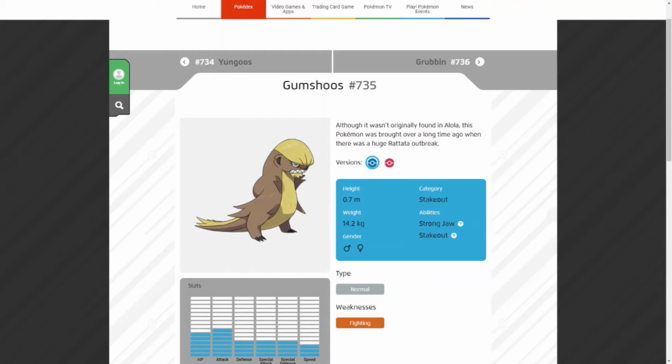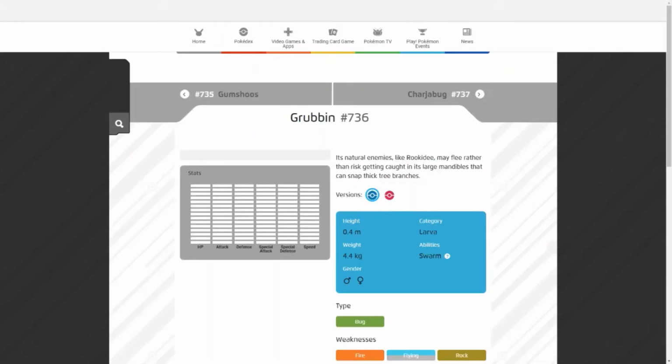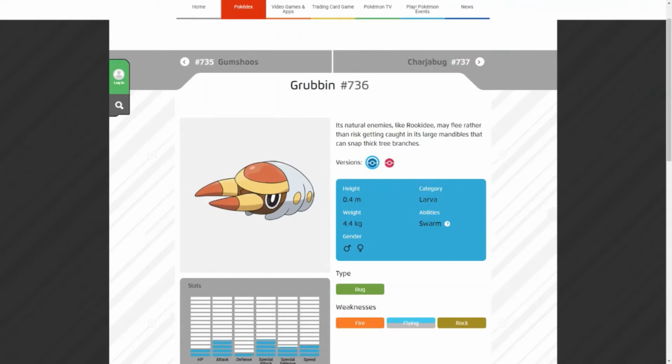I'm also going 4. Alright, let's go on to Grubbin. That's a very cute name, Grubbin. It's a very cute Pokemon as well. I thought this was an electric type. I think that comes in later. Okay. But still, that's just...